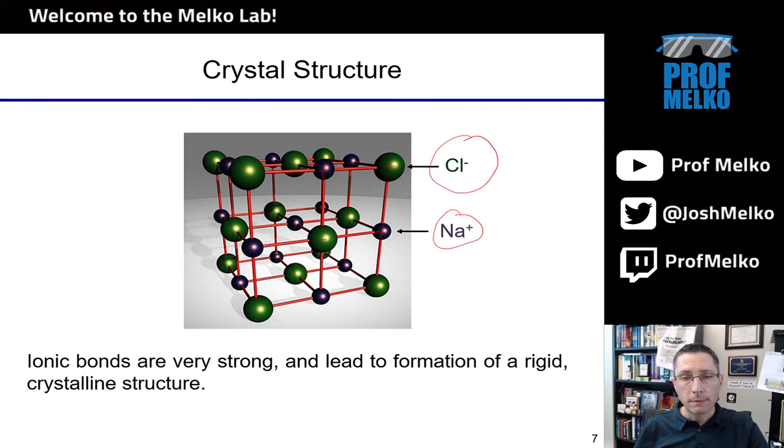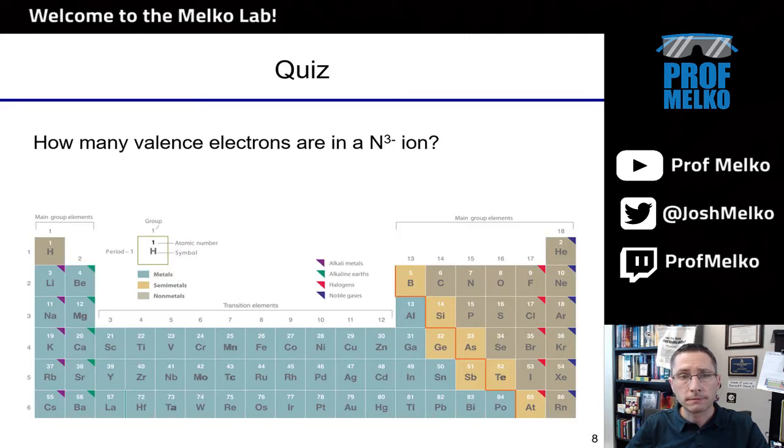Okay? The bonds, shown in red here, are very strong and form this really rigid structure. Okay? So this is what it looks like at the molecular level or the microscopic scale here. All of these ions forming this long extended network solid. And so you can imagine sodium chloride, the table salt you use to flavor French fries, right? At the atomic level, it looks like these little cubes of positive and negative charges.